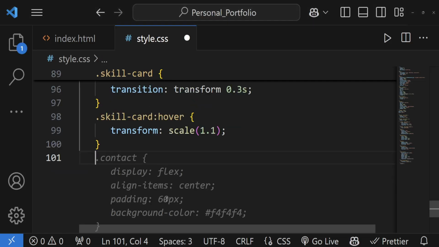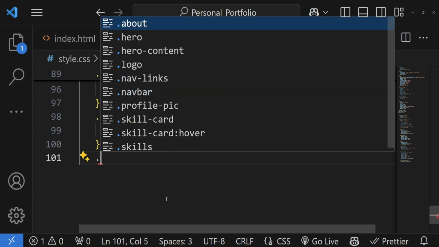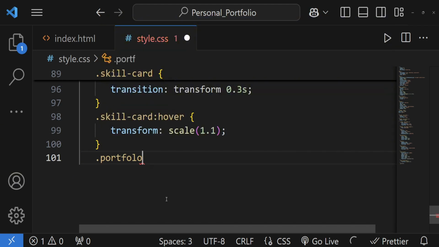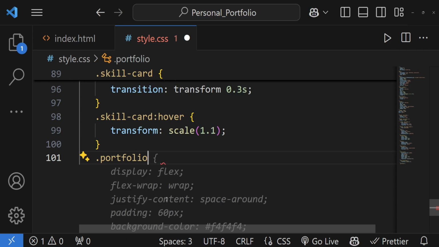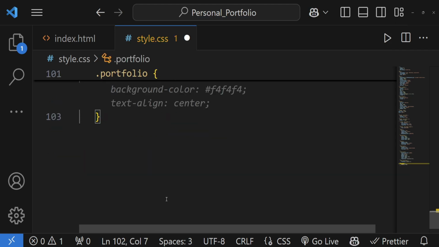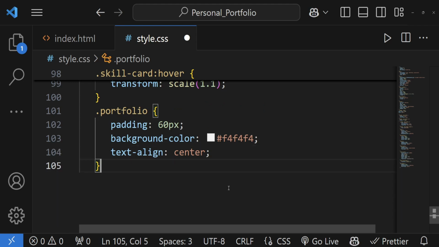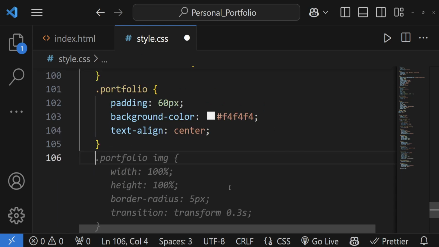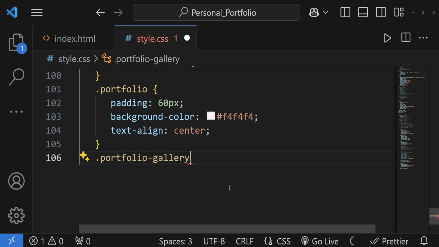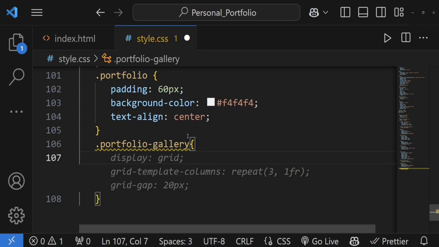So after this we're gonna be adding a portfolio. We're gonna be adding portfolio over here. So we're gonna be writing inside this. We're gonna be saying okay, we want to be adding padding, background, and text align accordingly inside the portfolio. So after this we're gonna be saying okay, we want to add a portfolio gallery. We added a portfolio gallery inside the HTML. So we're gonna be saying okay,